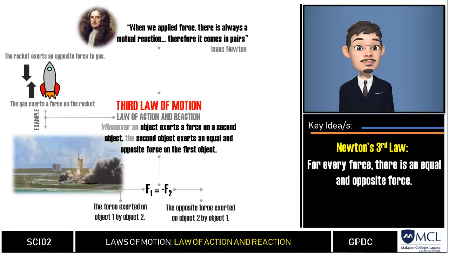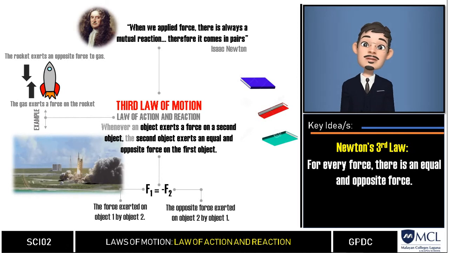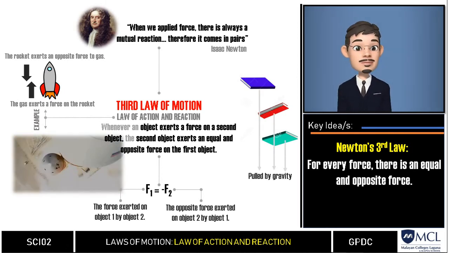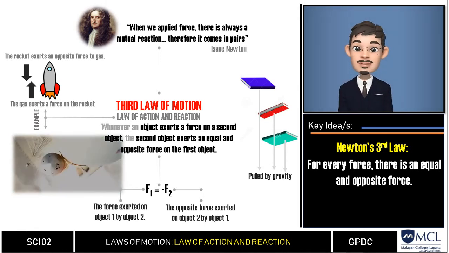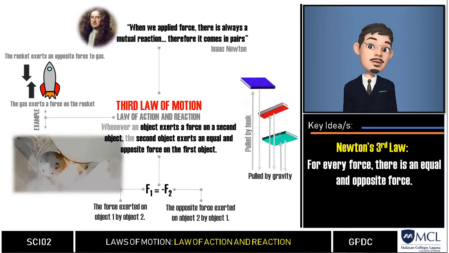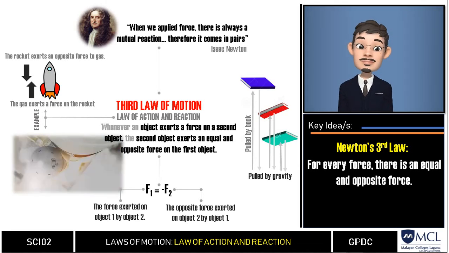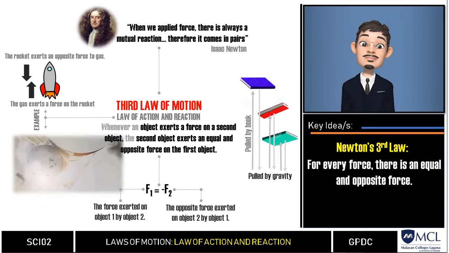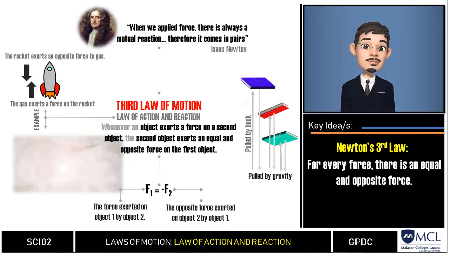Another common example is when you drop a book on the floor. As the book falls, the Earth's gravity acts on it, which causes it to accelerate. What is the equal and opposite force then? It is the force of the book's gravitational pull on the Earth. Technically, the Earth accelerates upward to meet the book. However, because our planet's mass is so huge compared with the book's mass, the Earth's acceleration is so small